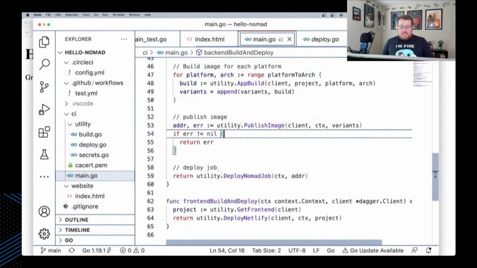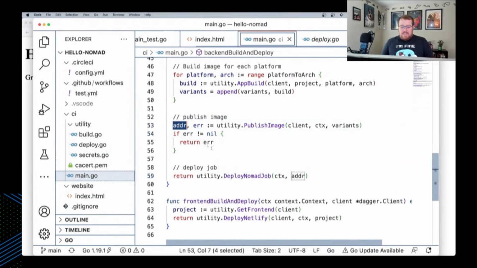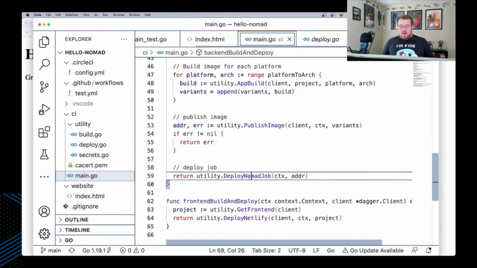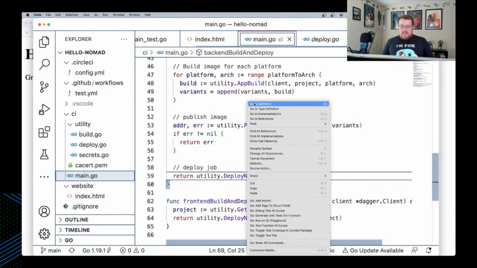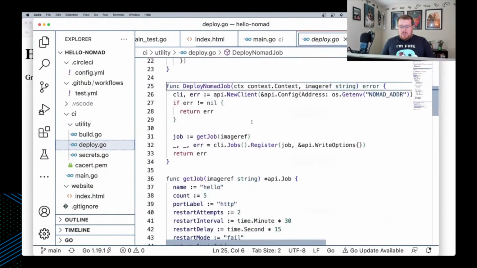Once those are published, then we want to tell Nomad to actually run our new image. So when we published this, it gave us back the full reference to that new image that we pushed up. And so we're going to pass that over to our deploy Nomad job function to say, hey, the hello-nomad service should be running this new ref now. And so looking at this function,